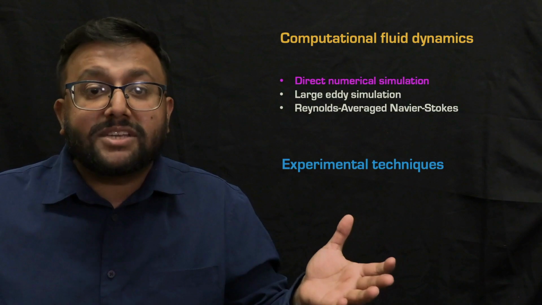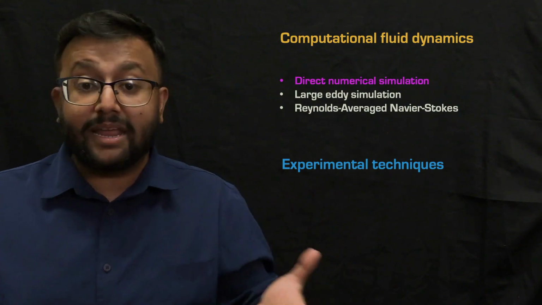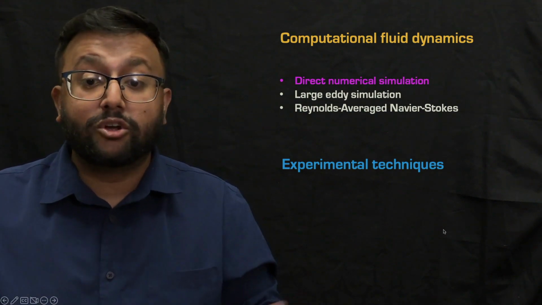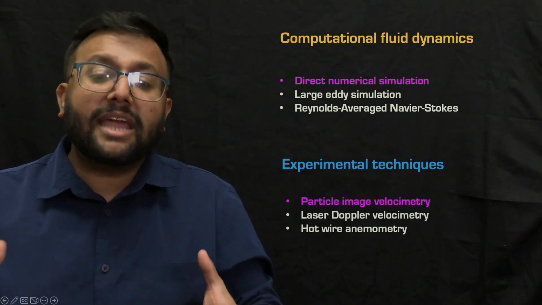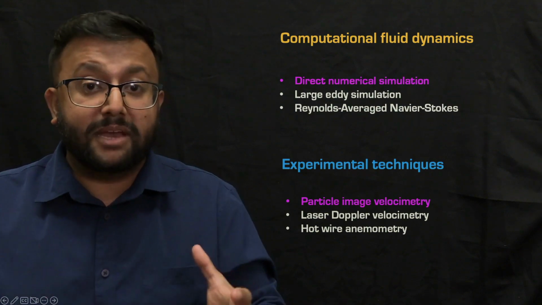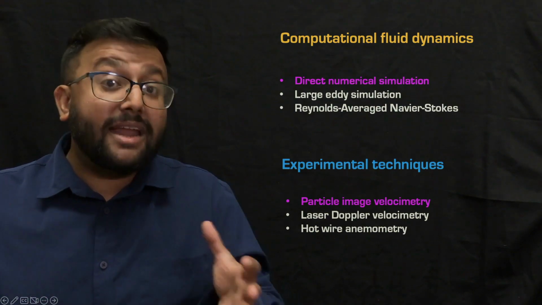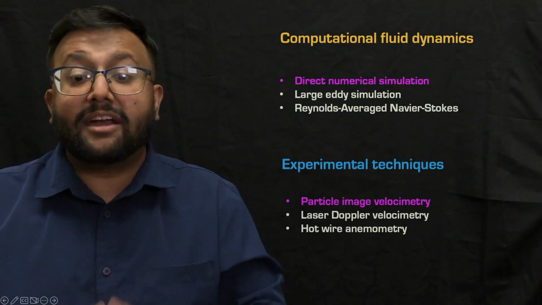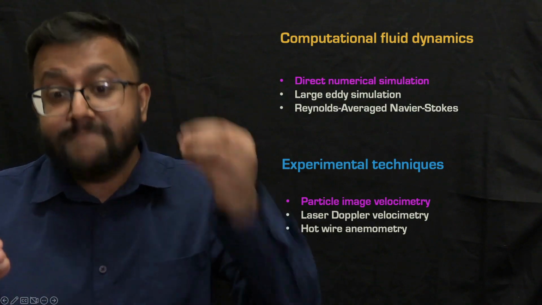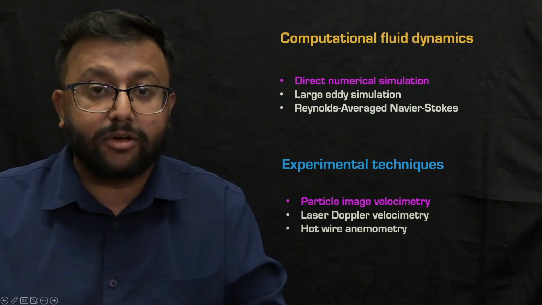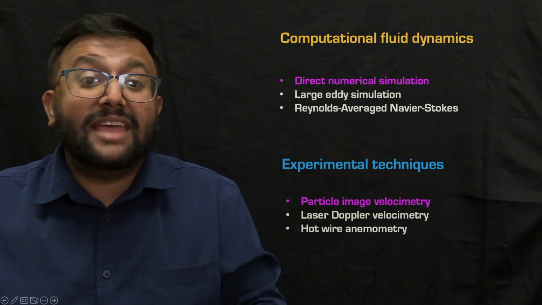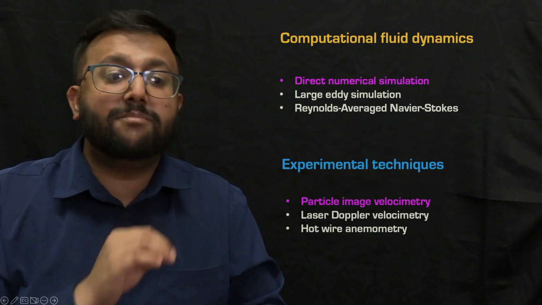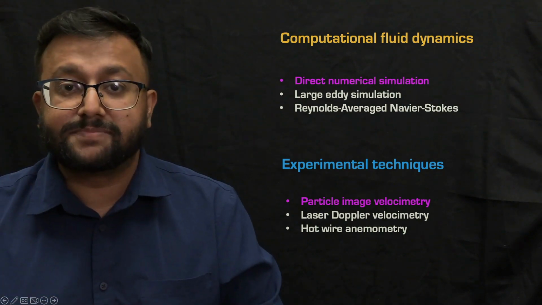All right, so now that we've discussed the computational or numerical techniques, there are experimental techniques that we can use to generate data. In particular, particle image velocimetry, or PIV, and particle tracking velocimetry, or PTV, are optical methods that are used for visualizing and measuring the velocity in fluid flows. Now, how are they done? They involve seeding the flow with some particles and then tracking their motion with high-speed cameras.